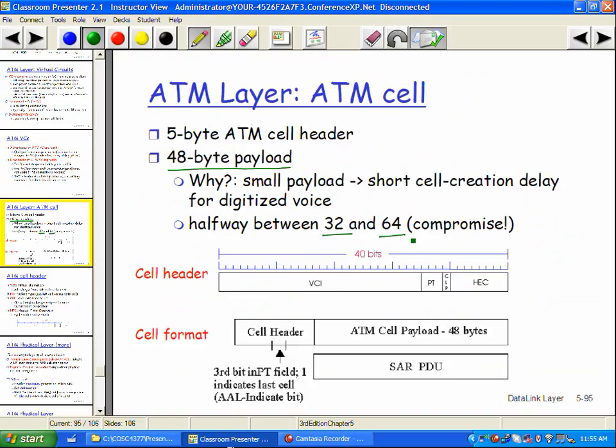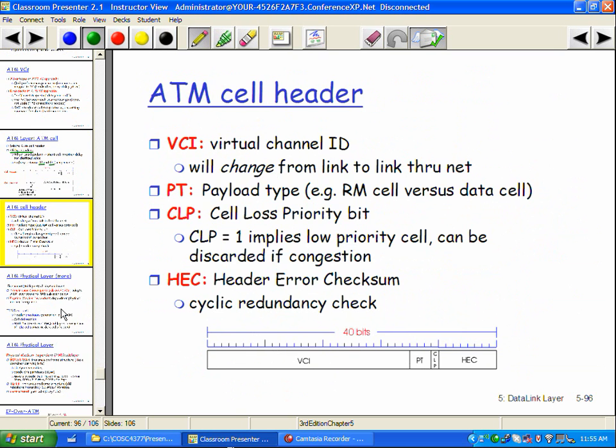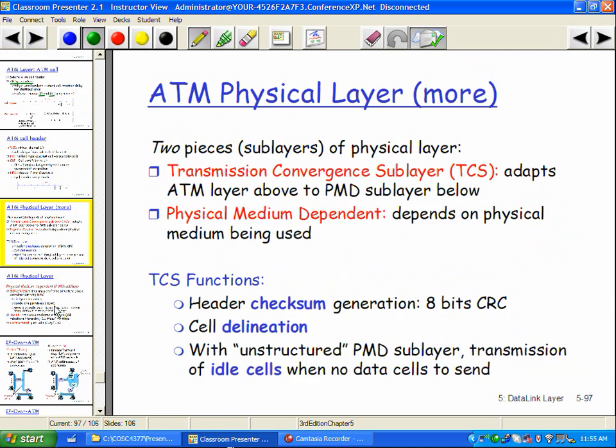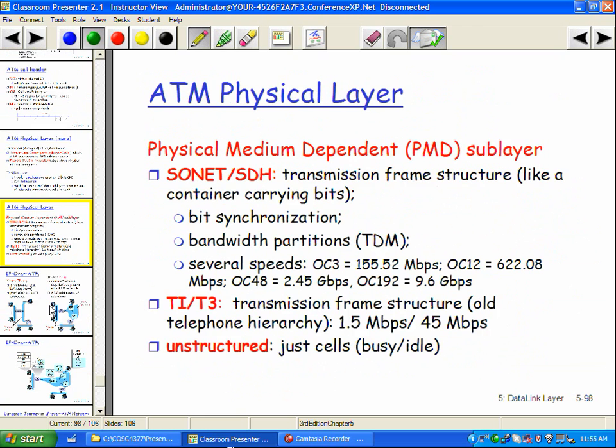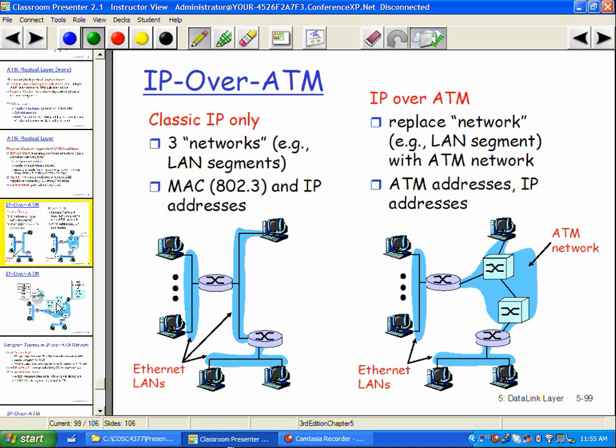So finally the compromise was to keep everybody unhappy and make the payload size 48 bytes, which is still the case today. Okay, so quickly, what is ATM's role today? What I'm doing is trying to use ATM as a black box for this